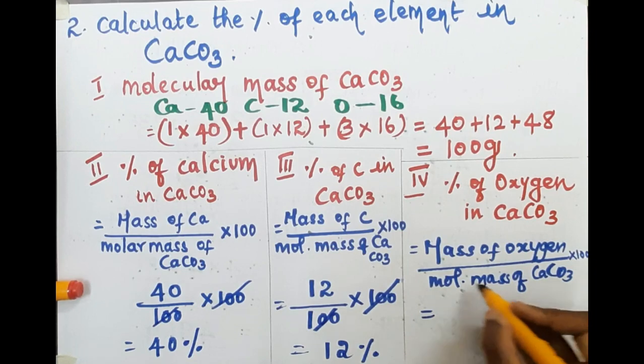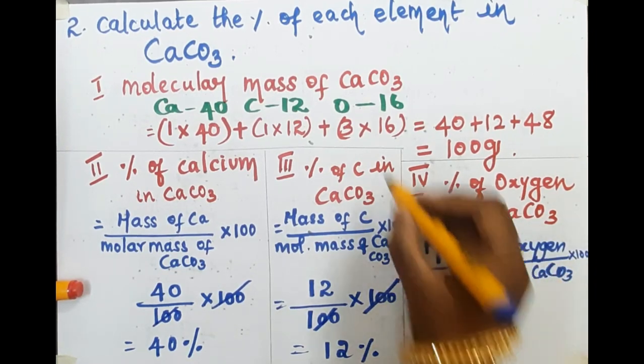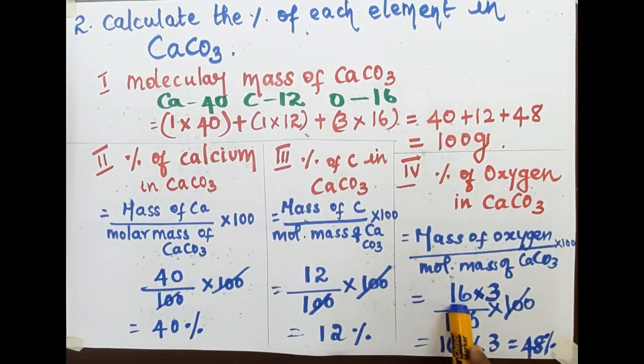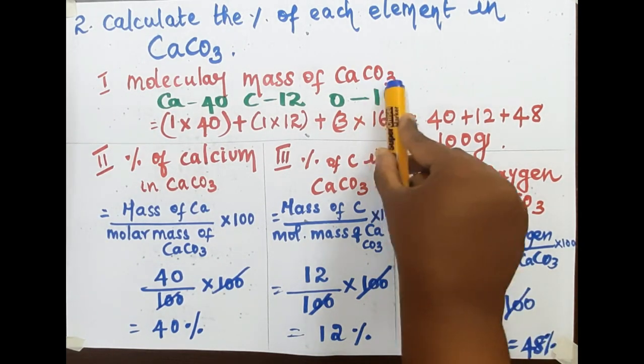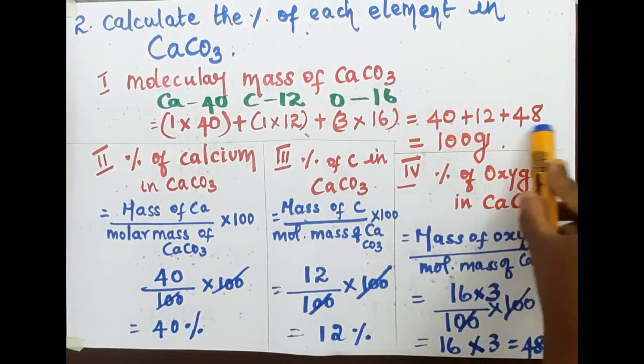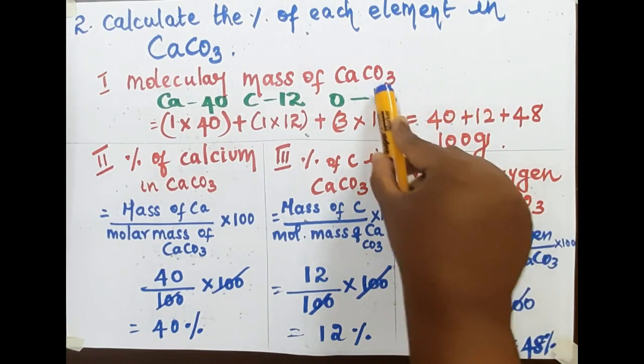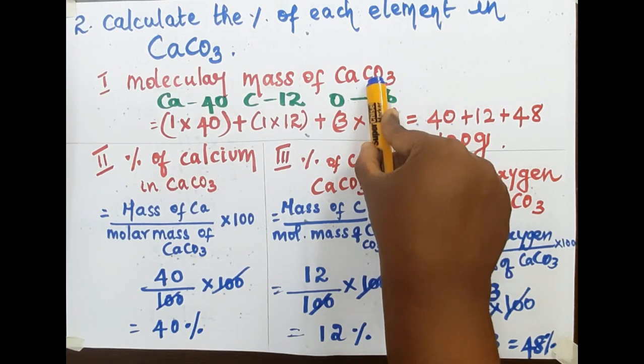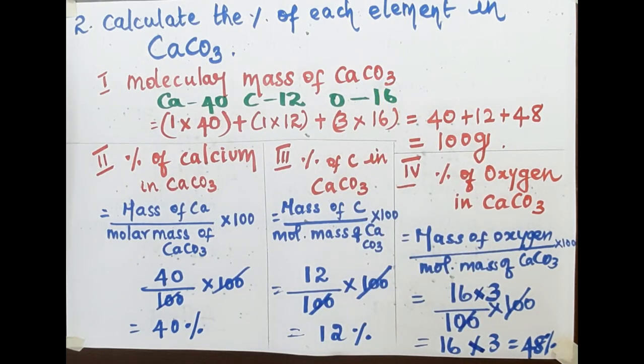And for oxygen. What is the mass of oxygen, children? Now children, for oxygen, you should not get confused with the 16. Okay. Actually, the mass of oxygen present here is 48 gram. Is it right? So, 3 atoms of oxygen are there. So, I have specifically mentioned 16 into 3. 16 into 3 is 48. Okay, children. So, be very careful while writing this problem.